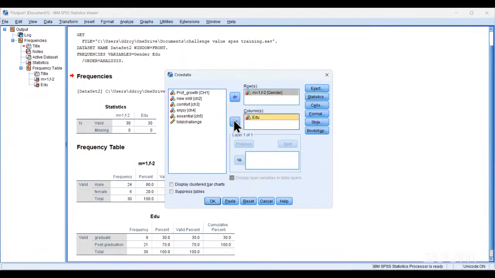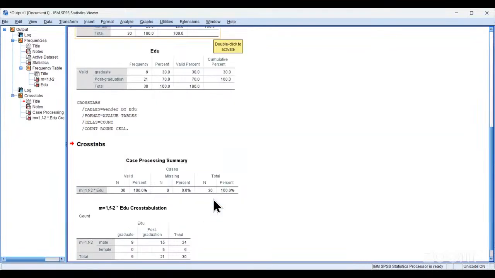Okay, I must be very much careful about the pattern. So if I click OK, then I must be very much careful because here you can find out that